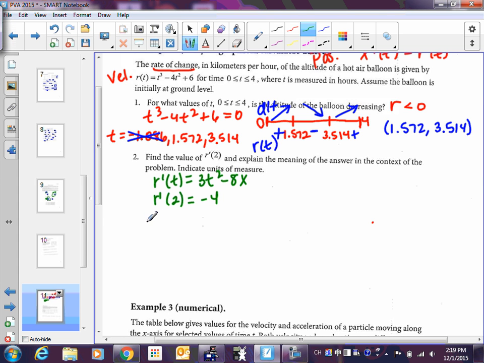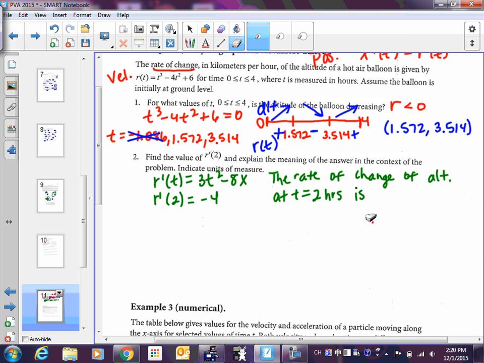We could use that word. We could say the rate of change of the rate of change. That's not very smooth. Here's probably the best way to explain this. The rate of change of the altitude at t equals 2, and this is in hours, is, okay, now this is representing r. This is r prime, so we got to say increasing or decreasing. Which one should I use? Decreasing, because of the negative. So decreasing